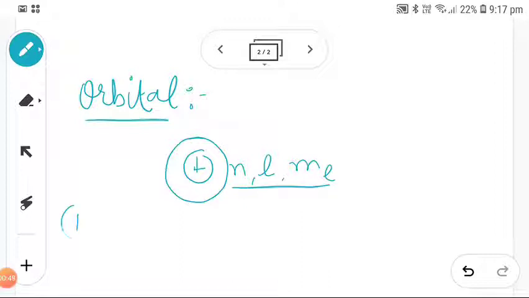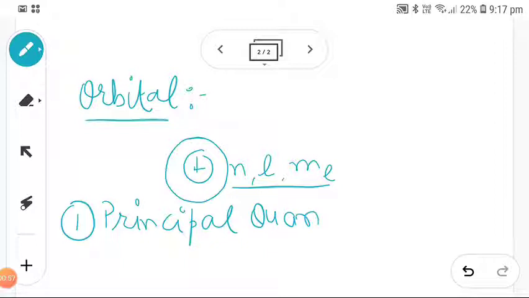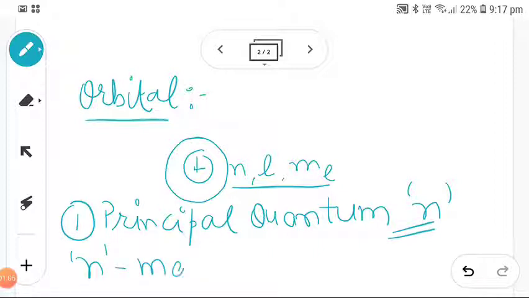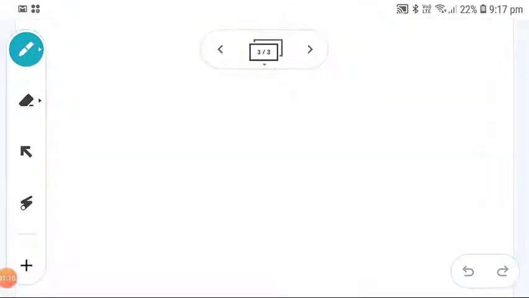The first quantum number is the principal quantum number. The principal quantum number shows the n factor. The principal quantum number is designated as the main energy shell. I repeat, n is the main energy shell. As you have all learned in the 9th class, the K, L, M shells: the nucleus, then the first orbit,